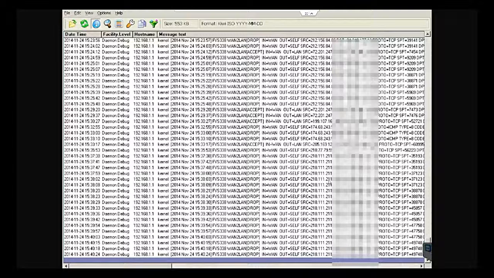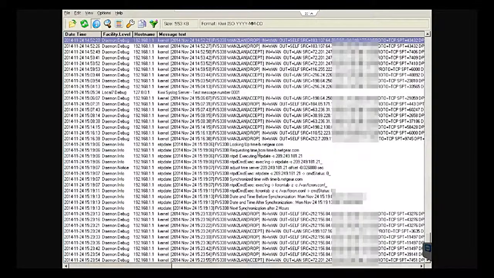It'll make your eyes bleed. But what we do here is we take a look at these logs, and the nice thing about this is this one can automatically update. I've got the tail function enabled, which means that any updates to this log are being instantly shown to me here.